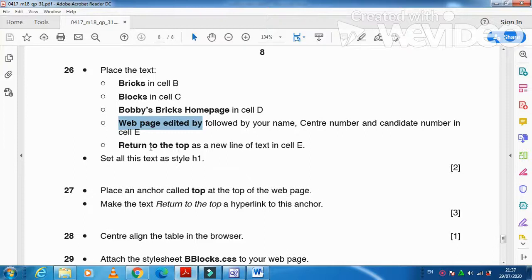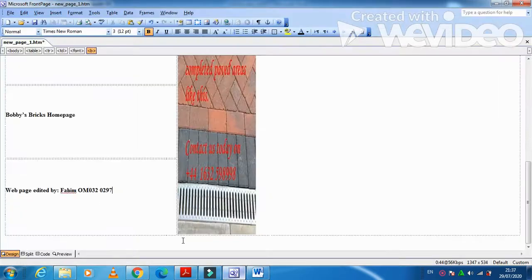Next step is return to the top as a new line of text in cell E. So here we need to type return to the top they mention.